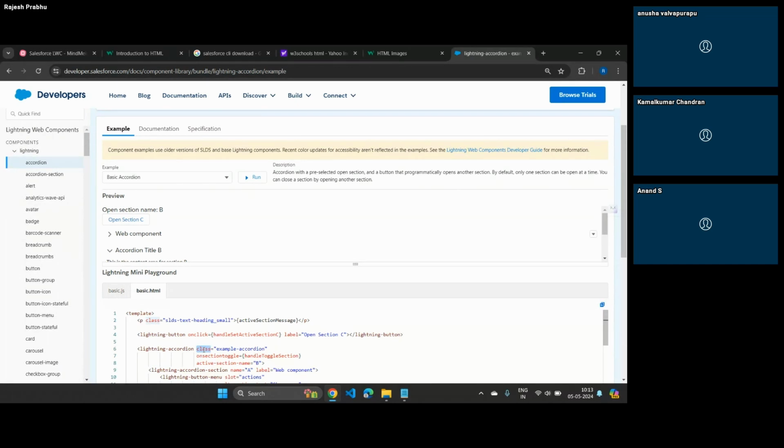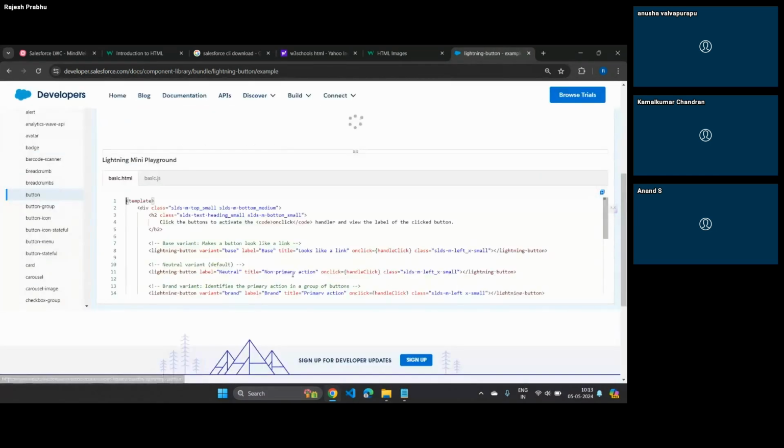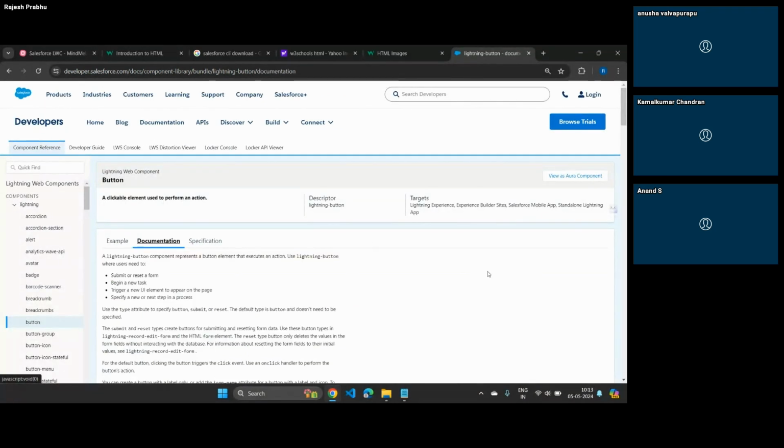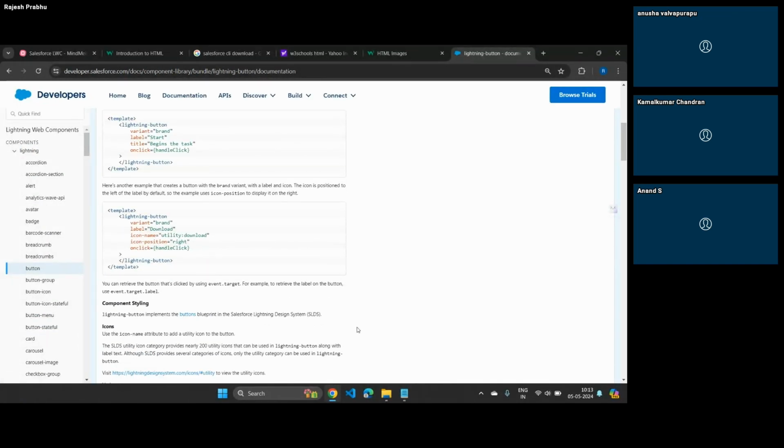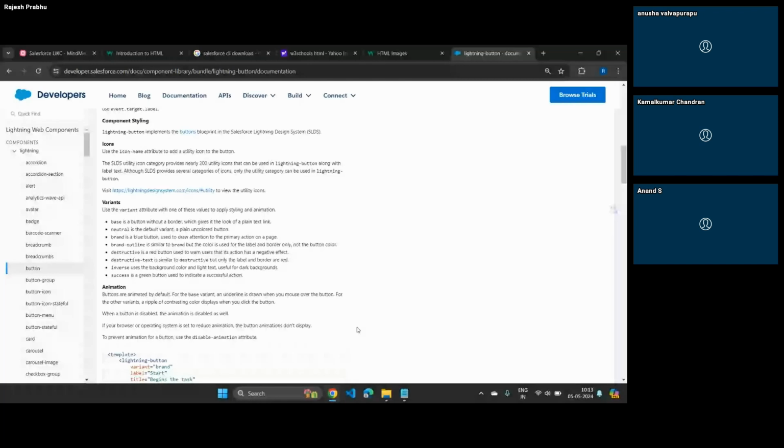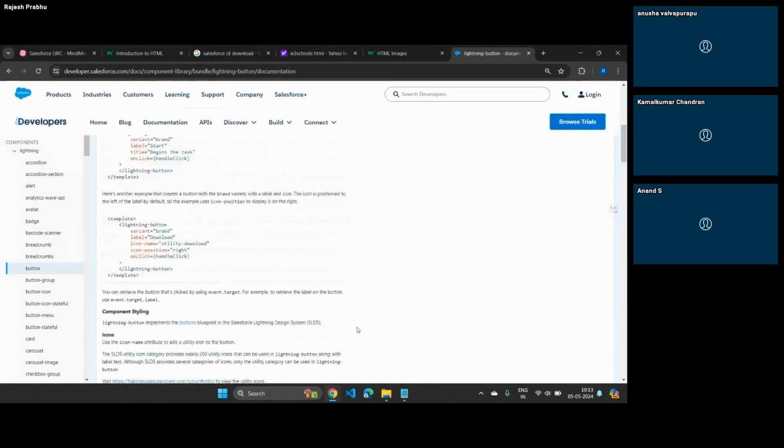For example, I'm seeing class, I'm seeing onsectiontoggle. Well, maybe I'll just pick some simple ones. There is this button, and you can just see this. Salesforce says that I am able to create a variety of buttons using their own tag, lightning button. And there is something called variant, label, title. So what does it really mean? Don't worry, this is the place where you can find the documentation for each and every attribute. It tells you in detail about this button. Not only that, if you go to specification,